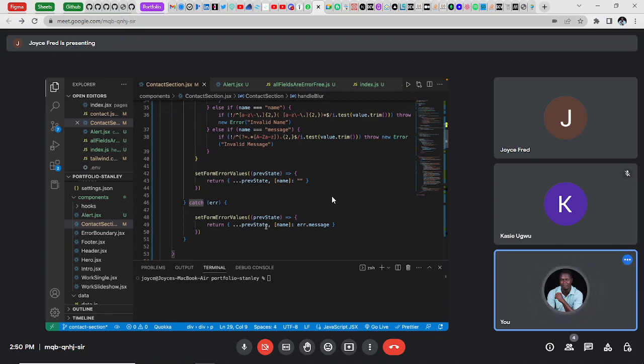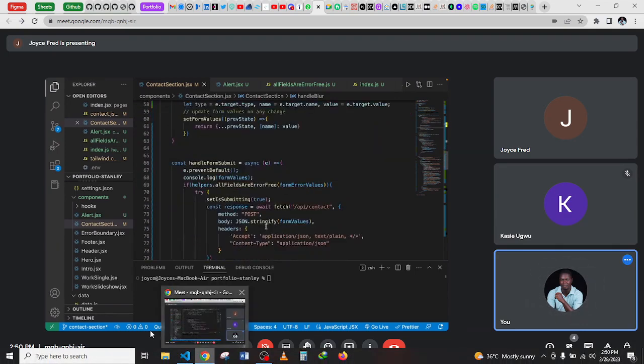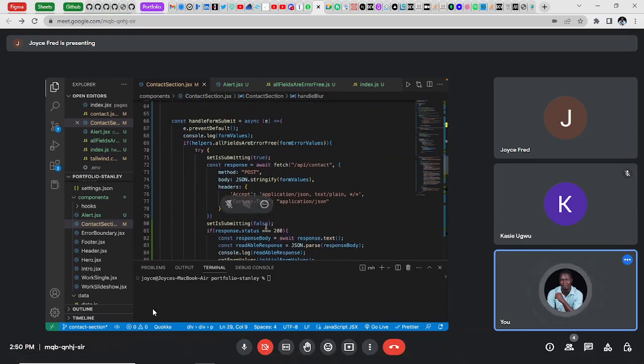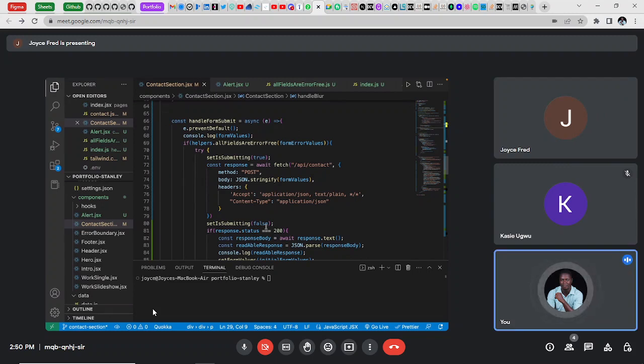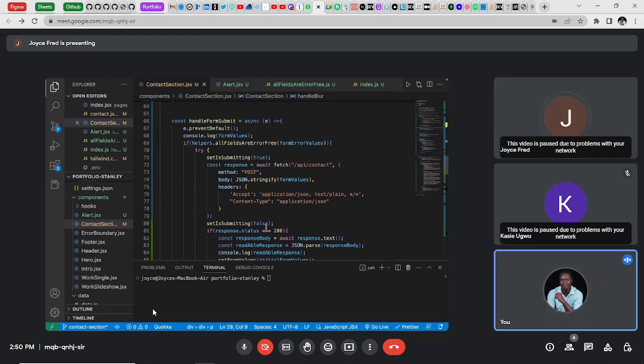Okay, down a bit to the submit function. In the submit function, as usual, first thing is prevent default. Then we created a function, all fields are error free. What this function does is that it checks if